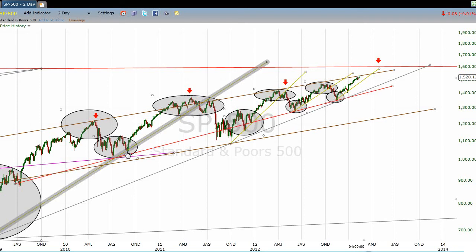And that is, if you stress it more in one direction, then the reactive move may be more in the opposite direction. And why would that be? Well, it would be simply because while every other thing that's taken place between these two lines has been confined nicely by this resistance line and this support line,